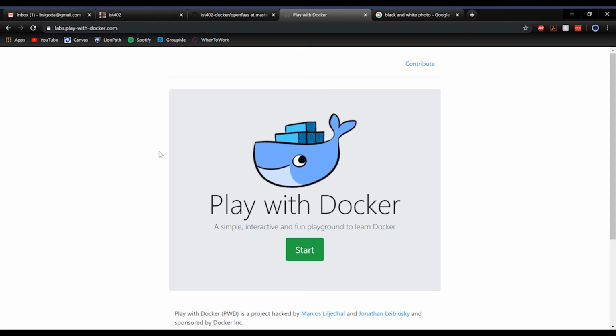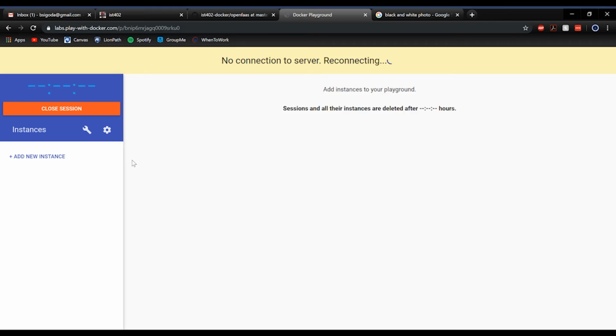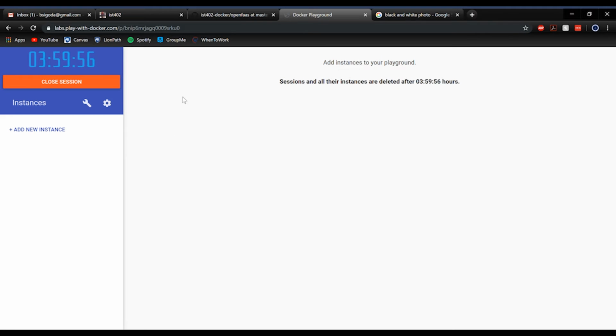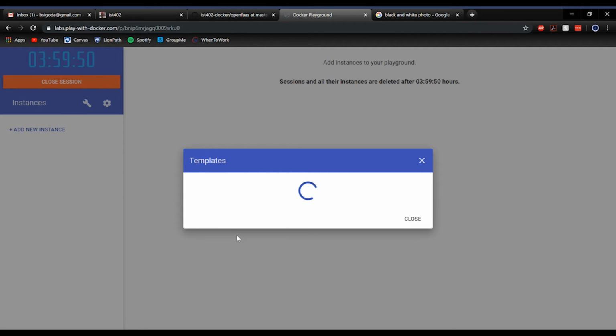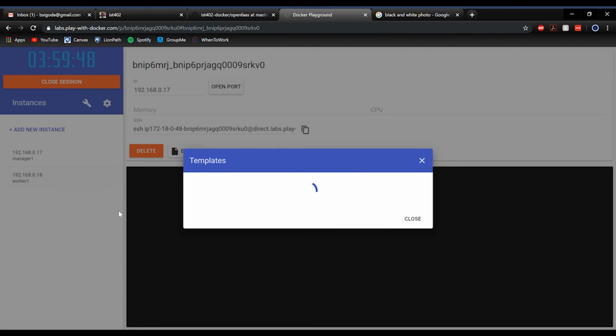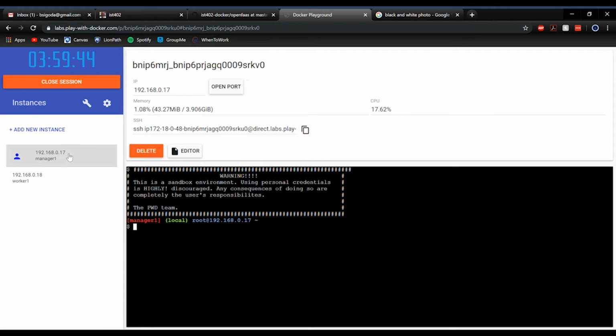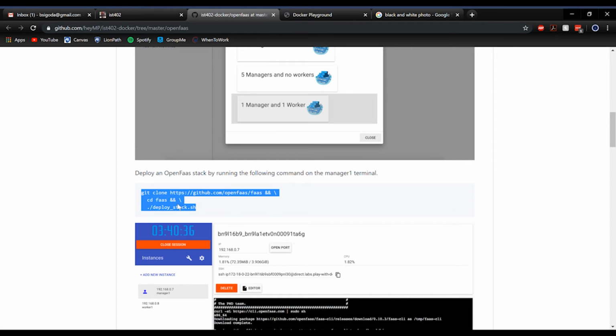So with that, I'm just going to go in and start playing with Docker a little bit so we can start this up. We have a new session here, our very own server space. And we're going to click here. We're going to do one manager, one worker. Get this loaded. And then we're going to go into manager one, and then we're going to go